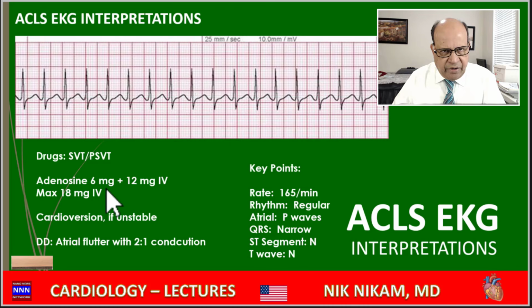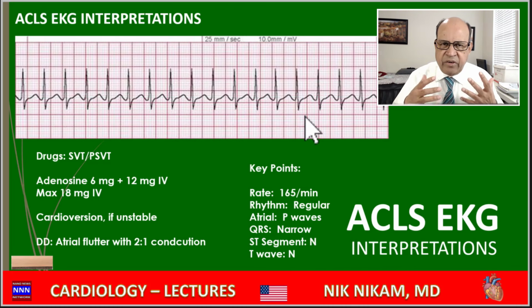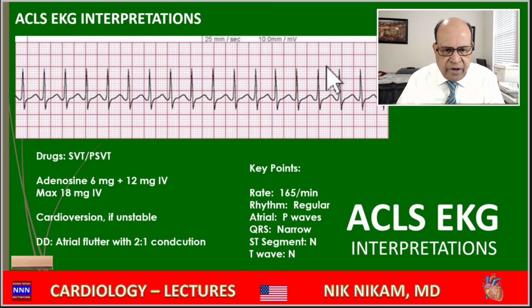And I was talking about atrial flutter with 2-to-1 conduction, and the best way to see if this is atrial flutter with 2-to-1 conduction would be to try some vagal maneuvers like straining or doing a carotid sinus pressure, and if we can slow the ventricular rate, the flutter waves may become apparent if we are dealing with a flutter. So if the patient doesn't respond to adenosine, we need to look for other ways to find out if this is actually paroxysmal supraventricular tachycardia or if we are dealing with an atrial flutter with 2-to-1 conduction.